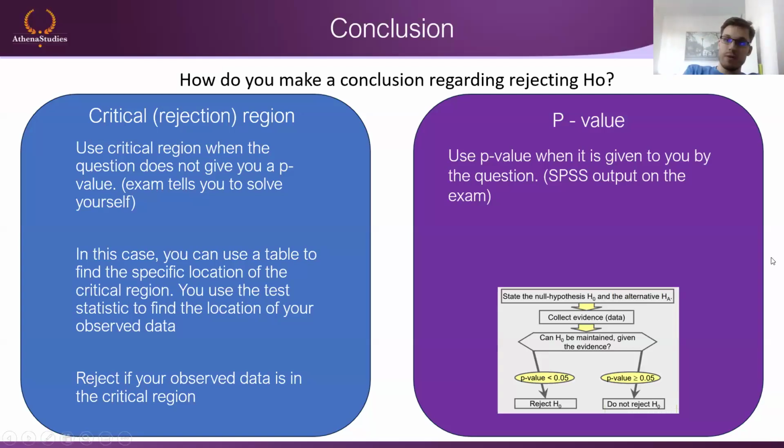You simply look at the p-value and say, well, is it better? Is it smaller than 0.05, or is it bigger or equal to 0.05? And then you will know reject or don't reject, right? Again, 0.05 is the baseline in 90% of the exam questions. It's going to be 0.05. Please don't get confused if it's anything else than 0.05.